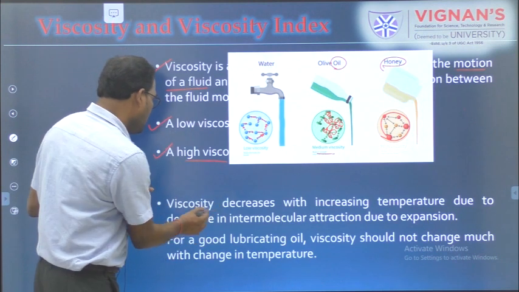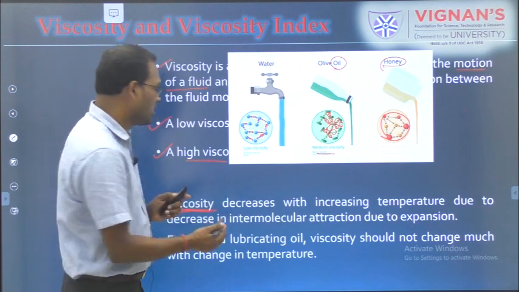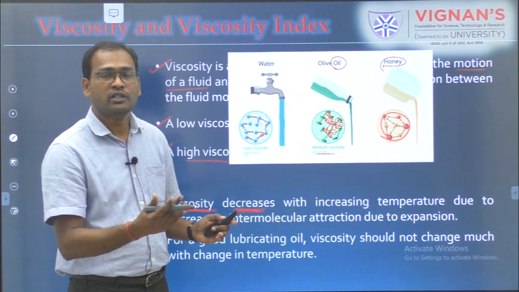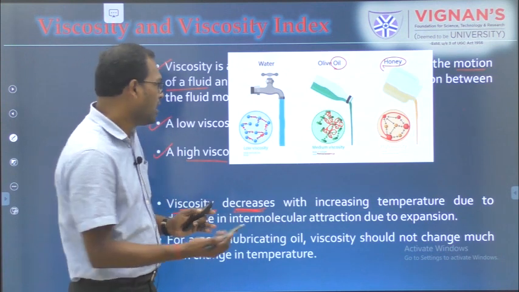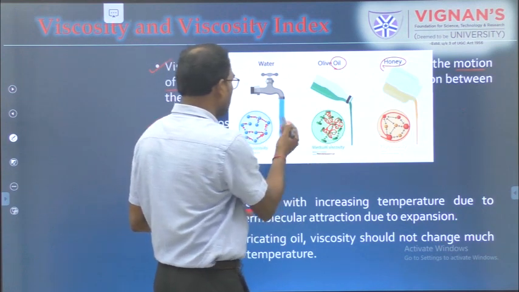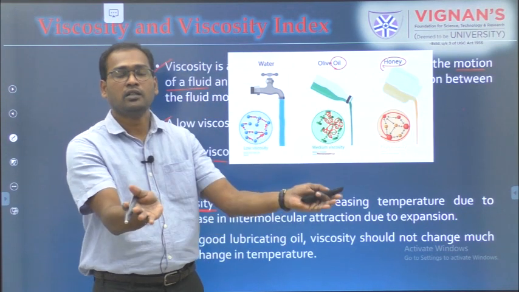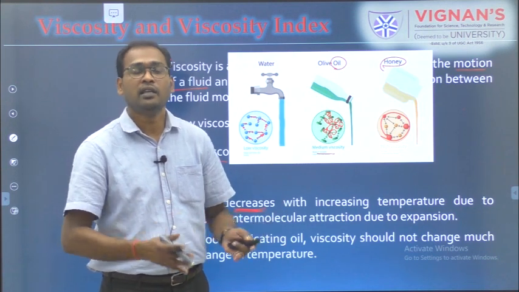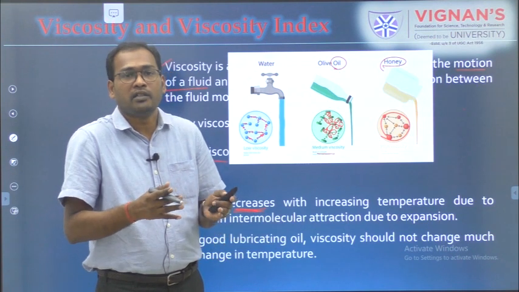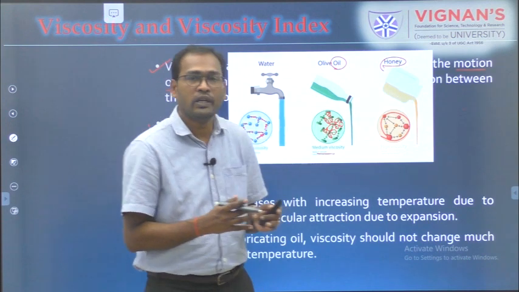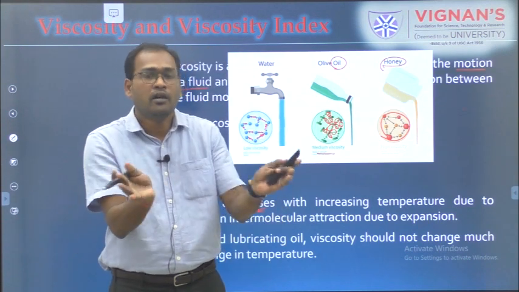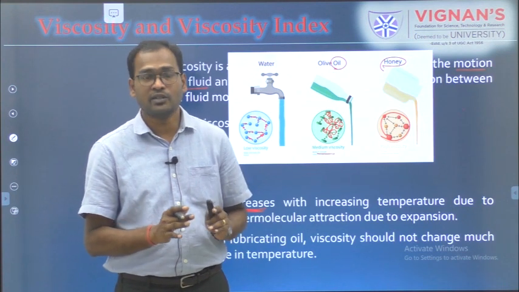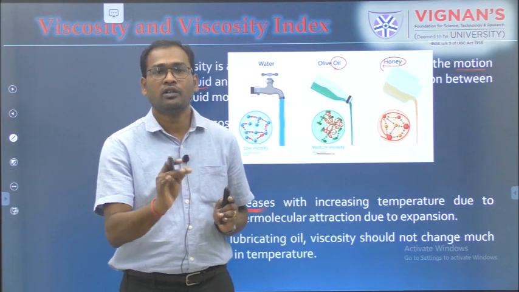If you increase the temperature, usually the viscosity decreases. If you increase the temperature of a material, the viscosity decreases. The reason is simple: all these attractive forces, whatever I showed there, start breaking. Once these attractive forces are broken, the material can flow freely. So, at higher temperatures, these attractive forces or the forces of cohesion are disturbed, or mostly broken. That is why with increasing temperature, usually viscosity decreases.